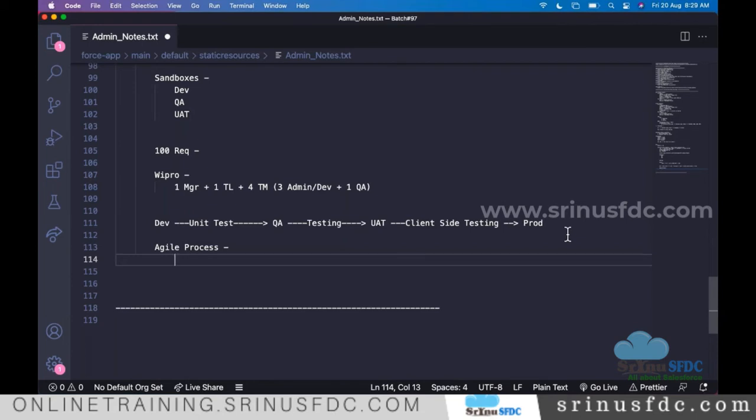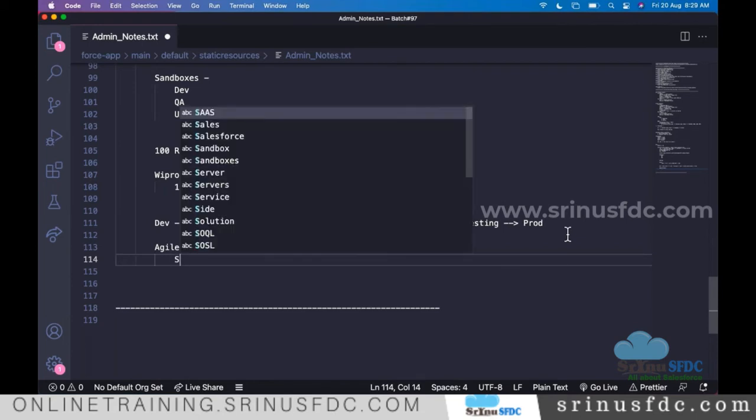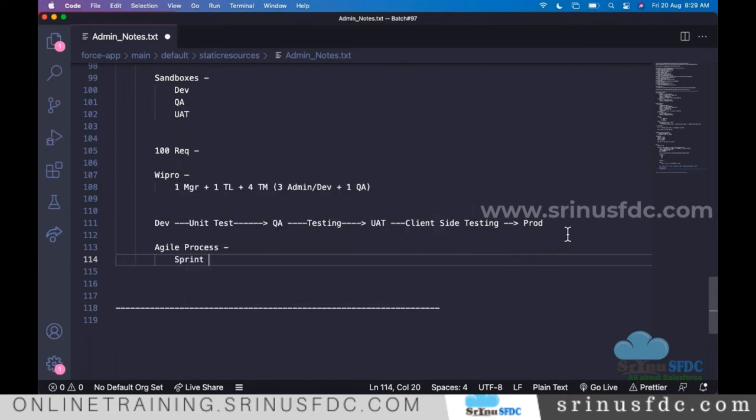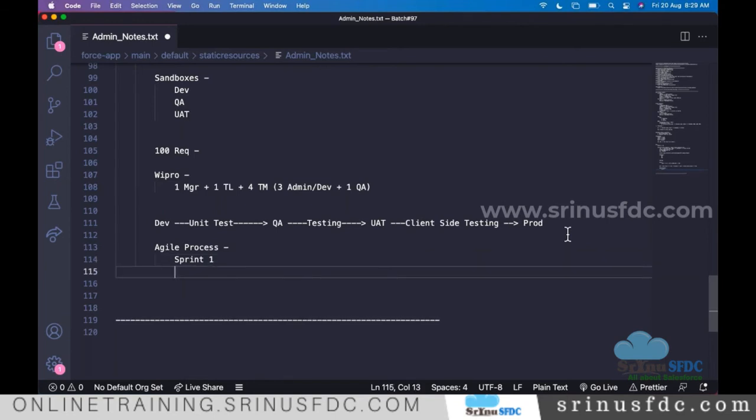Each release, from a technical perspective, we call a sprint. Here you see the sprint is started, right? Sprint 1, sprint 2, like that. So a sprint is nothing but a release.